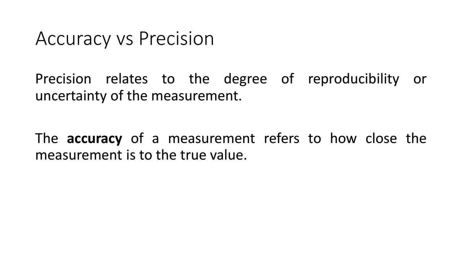Okay, we're going to talk about accuracy and precision. Accuracy versus precision. Now, precision relates to the degree of reproducibility or uncertainty of the measurement. It also refers to how close, or how exact, you can get that measurement, how many decimal places